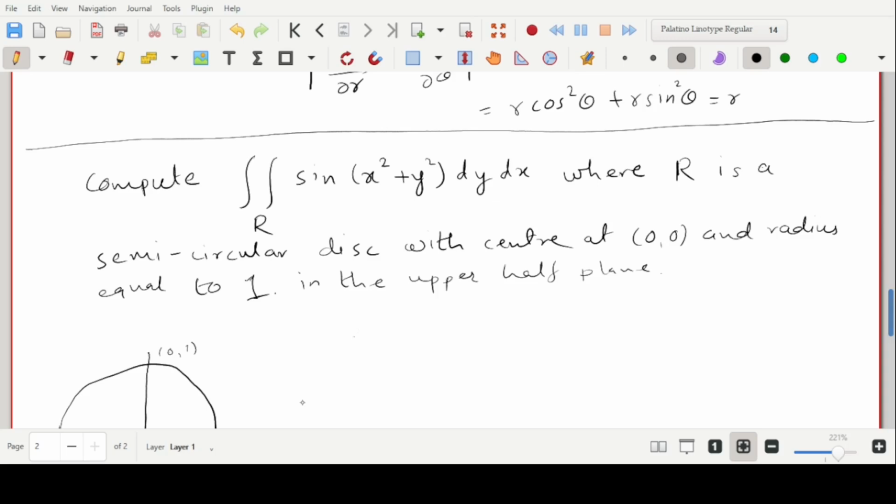Okay, and also observe here that this expression is x square plus y square, and whenever we have an expression of this sort, it always rings a bell, and it tells us that possibly it will be a good idea to change the coordinates into polar coordinates, because we substitute r cos theta for x and r sin theta for y, and when we do that, we shall get the